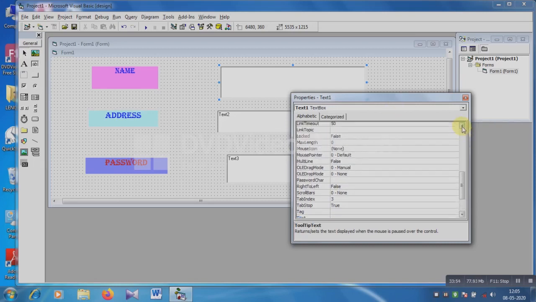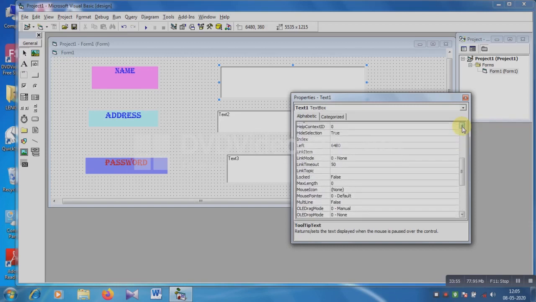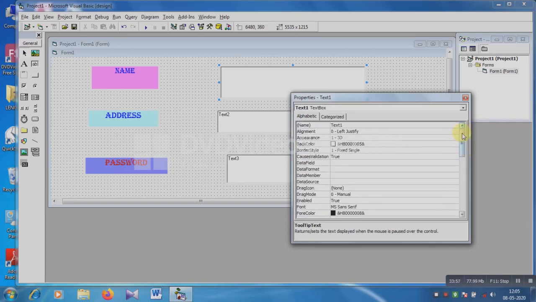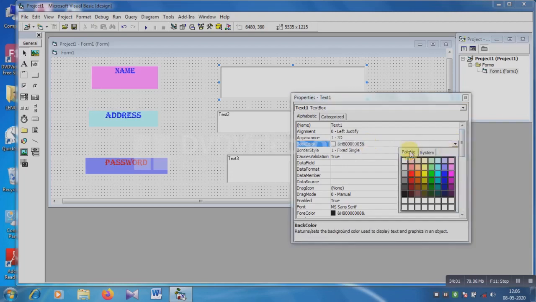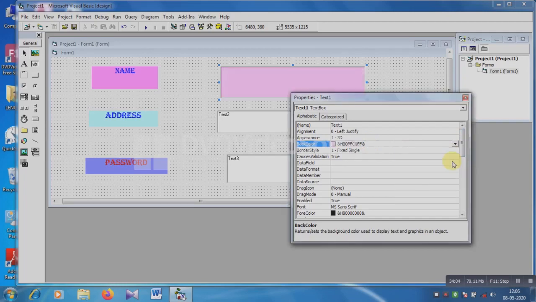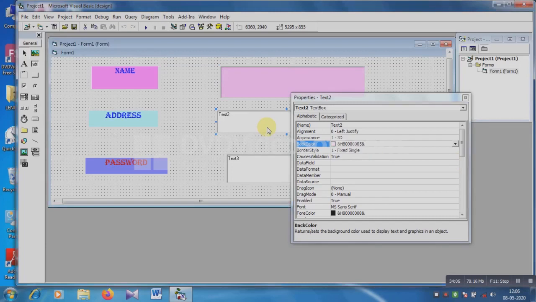And if you want to change the background color, you can choose the back color option. Suppose the background color is the same as Name.